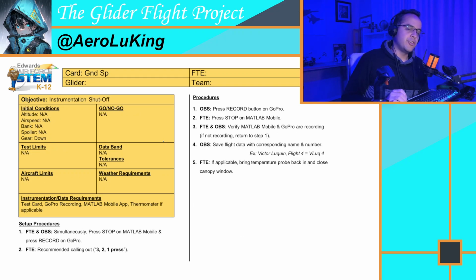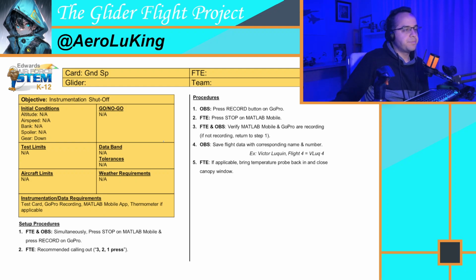And the final card, your ground card. Your ground card is pretty much just letting you know, hey, let's save all the data. Let's make sure we stop the MATLAB Mobile and stop the recorder for the video at the same time again, so that it ends at the same time. Not as critical as starting, because in the beginning, if you start one or the other, they're off. But at the end, you might just lose data for the last 5 seconds because your camera was still recording while your MATLAB Mobile was off. But again, it's more important to synchronize in the beginning, not so much at the end, but if you do,